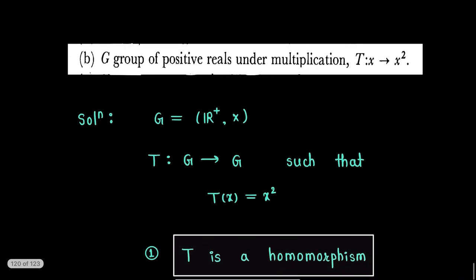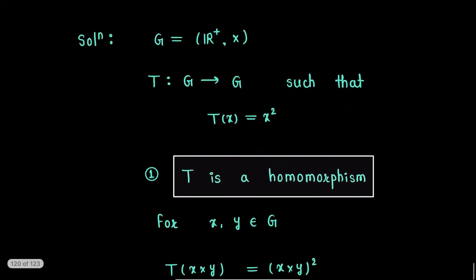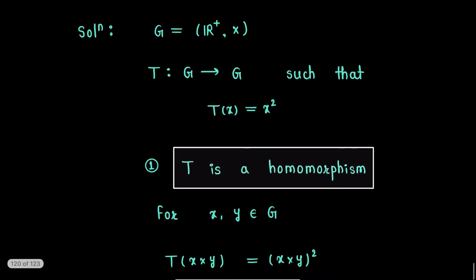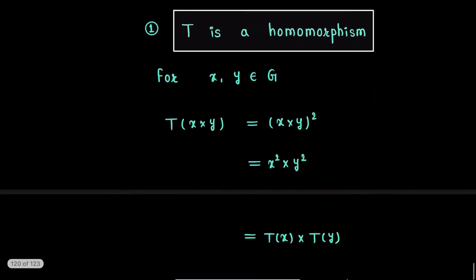Next, the given group is the group of positive reals under multiplication, and the map T is such that T of x is equal to x square. So here G is the given group of positive reals under multiplication, and the given map T is in this way. Now to check whether T is a homomorphism or not, consider any two elements, say x, y